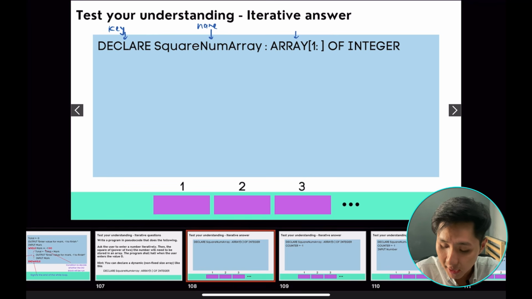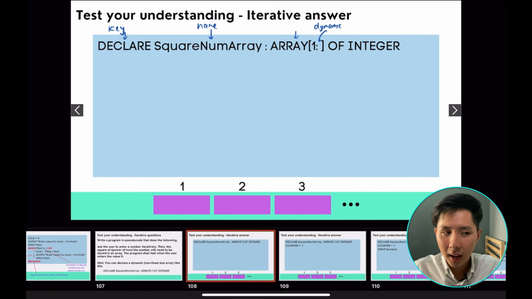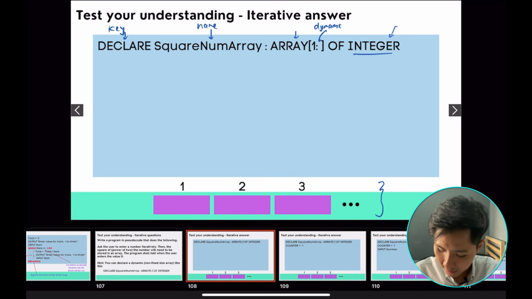And this is the keyword again. If you look at this array, it doesn't have the end value. This means that this is a dynamic array, which means we don't know how big the array should be. So we just create an array that can be of unlimited size, which is doable in Python nowadays, and of integer, which means we want to store an integer value. So you can see here, I've placed an illustration here to show you what is being created, an array of